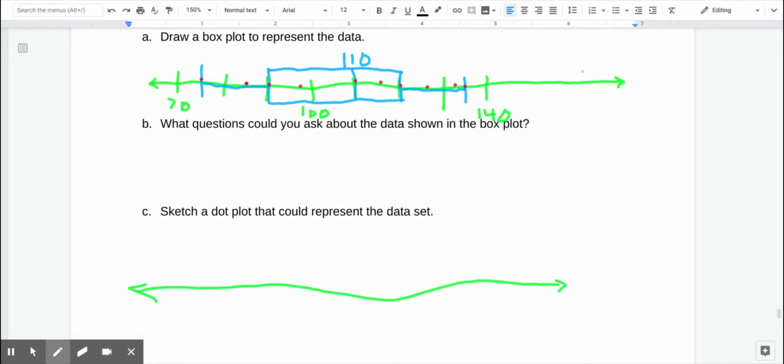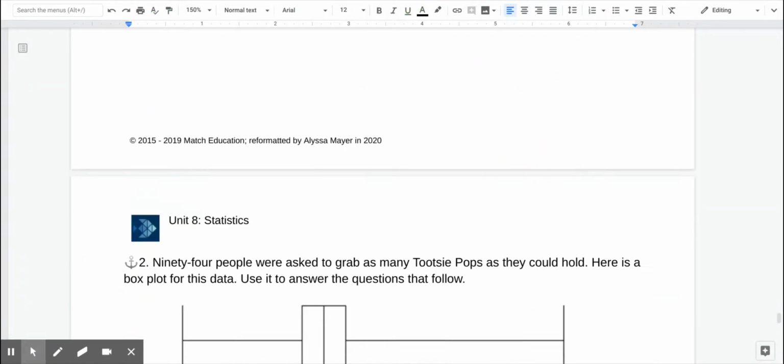There's a lot of different ways that you can do it, and you need to remember that only the minimum and the maximum have to be numbers in the data set. My quartiles and my median could be found by finding the halfway point in between two numbers in the data set. As I scroll down to my next one,